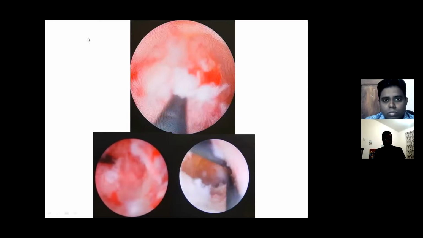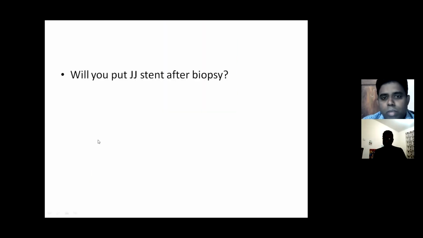So there are studies that have shown stenting might increase bladder recurrence. So if the patient is asymptomatic, I would not go for stenting if there's no bleeding. Creatinine is 1.8. Again, I mean, the tumor is almost obstructing, so I want stenting at the time. Right. So biopsy, multiple biopsies taken,